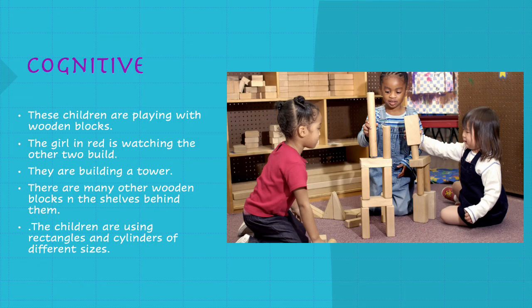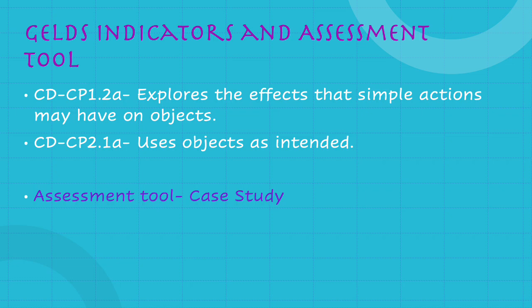Another area of development would be cognitive. In this picture, there are children playing with wooden blocks. The girl in the red shirt is watching the other two build. They are building a tower. There are many other wooden blocks on the shelves behind them, and the children are using rectangles and cylinders of different sizes. The JELDS codes that I have included here are